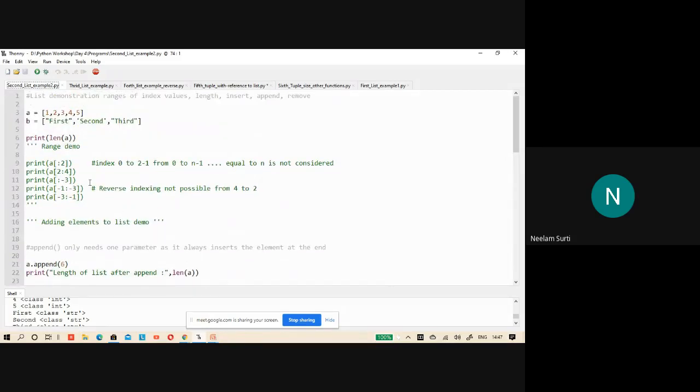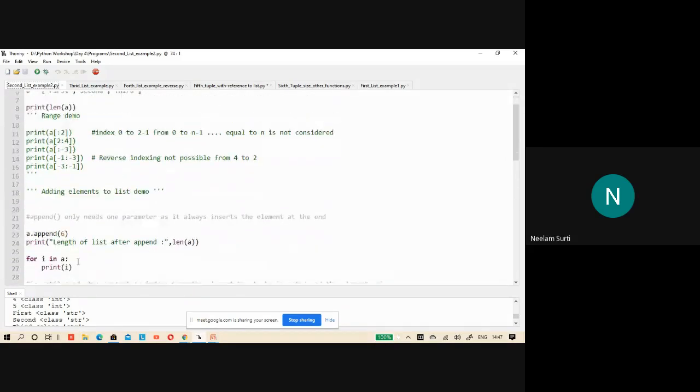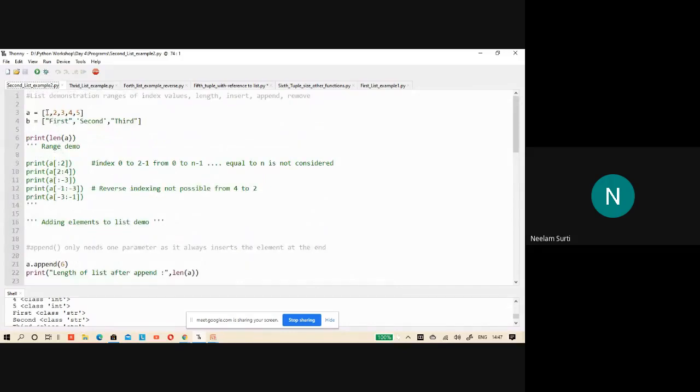Just tell me, before running the program, what should be the answer. I'm having 1, 2, 3, 4, 5, first, second, third. The first list I'm concentrating on. What should be the length of A? So the length of A should give me the answer 5. Then if I want to run the list for this demonstration,